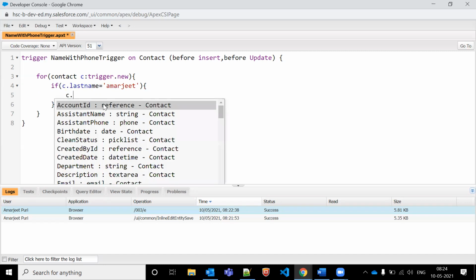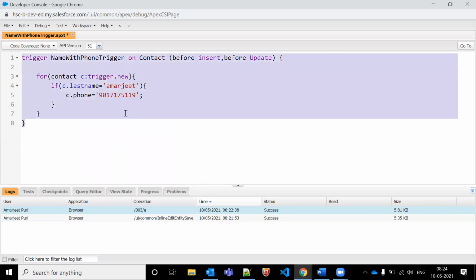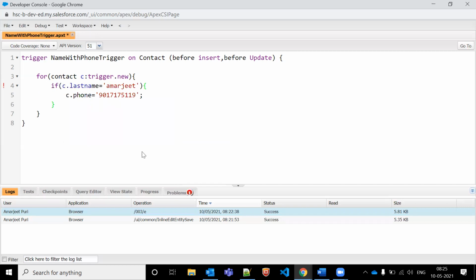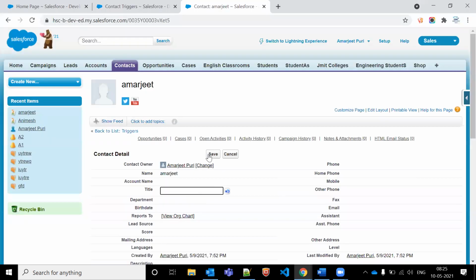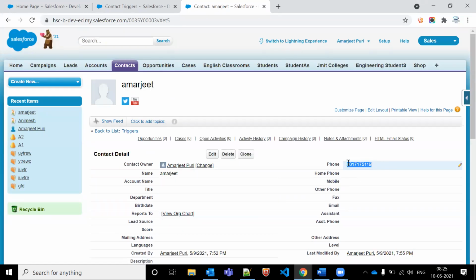My c.phone should be updated with my phone number. That is my phone number. So I'm saving this record, and let me go there and check. It's Amarjit now. It is showing my phone number.